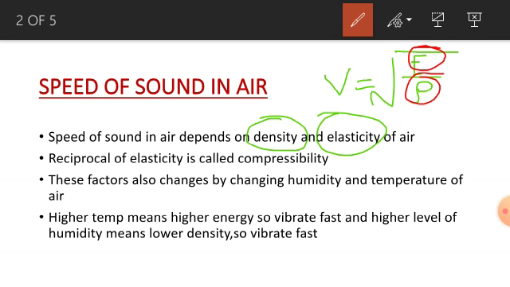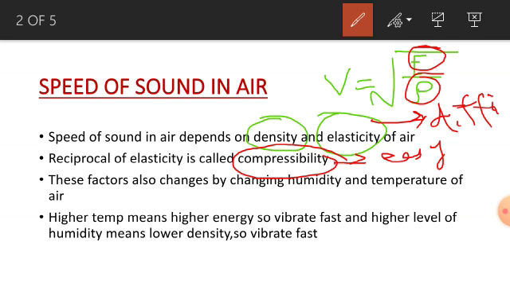By elasticity we mean how difficult it is to change the shape or size or volume of an object. And if we check how easy it is to change the volume of an object, it means compressibility. It means how much material is compressible. So compressibility means how easy it is to change the shape or size of an object, and by elasticity we mean how difficult it is to change the shape or size or volume of an object. So volumetric elastic modulus and compressibility are reciprocal of each other. These are inversely related to each other.